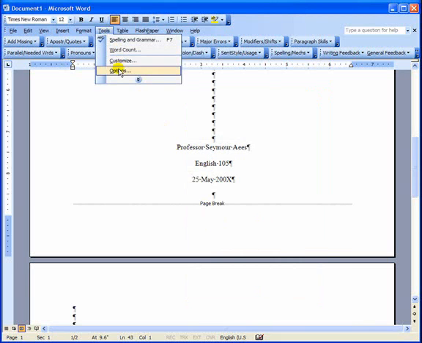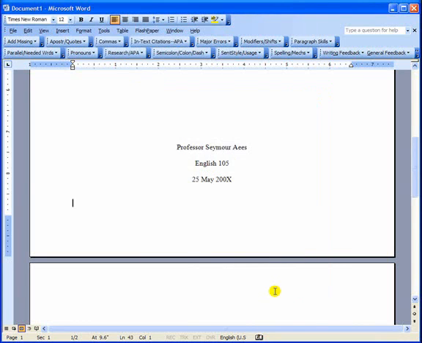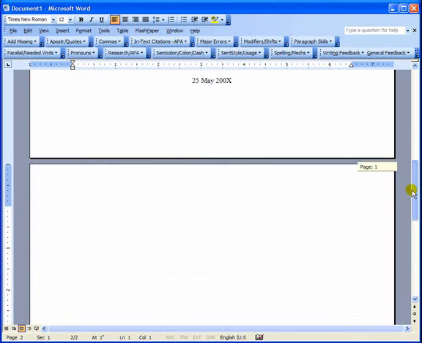Again, Tools, Options, I'm unclicking All. Click OK. Now we're hiding those things. Okay, the next thing we want to do is to put in our header. Now to do that, you go up to View,